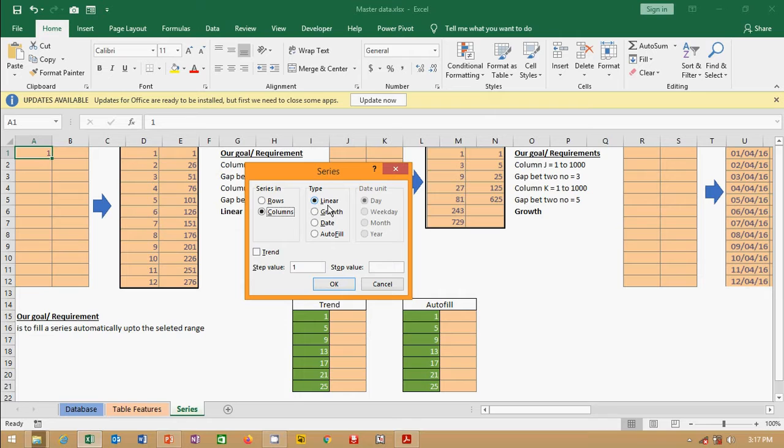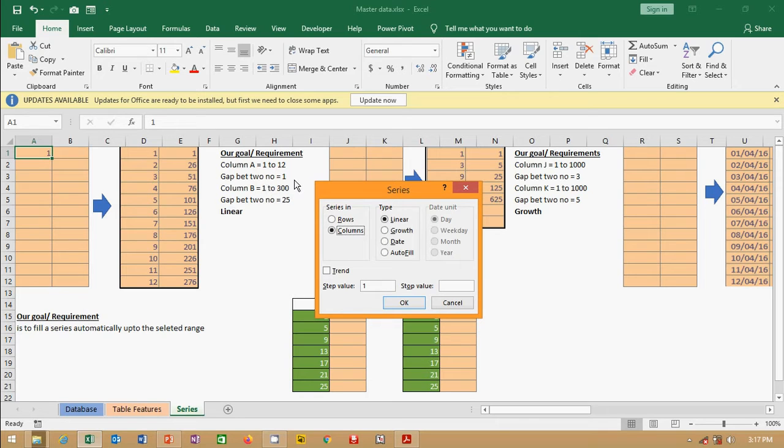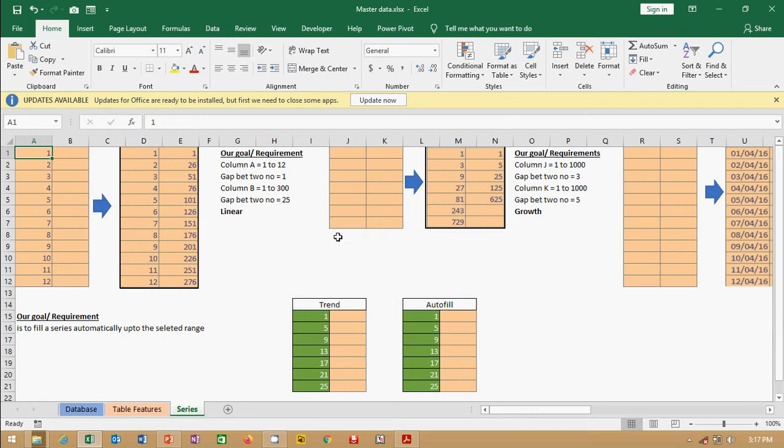Linear means it will add the step value, the gap value, to the number. And the stop value, we use here 12. So it is very easy. In the same way we can do this one.